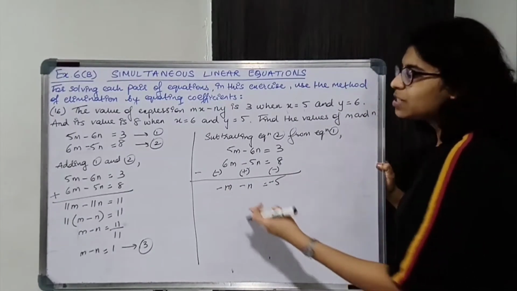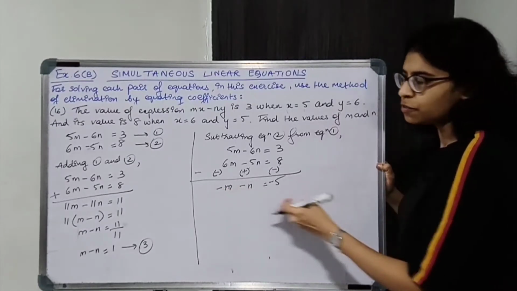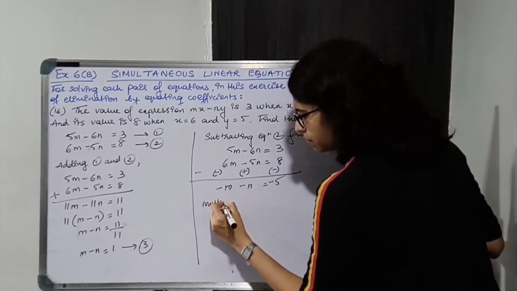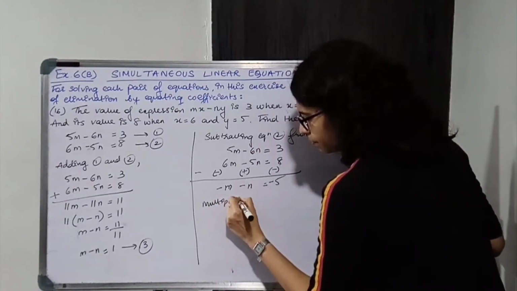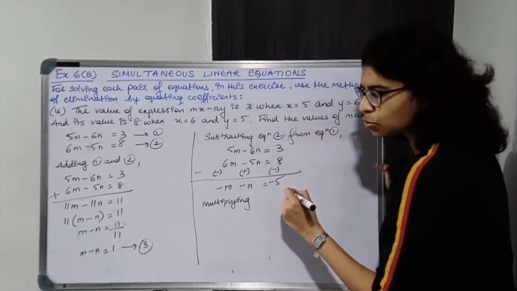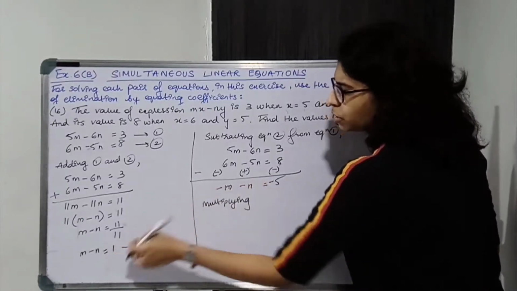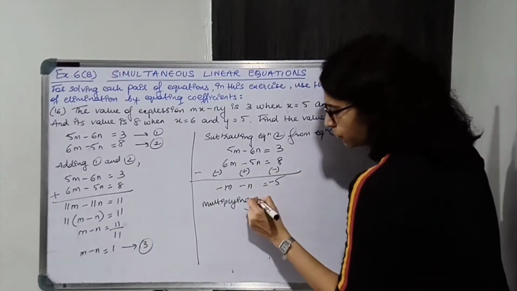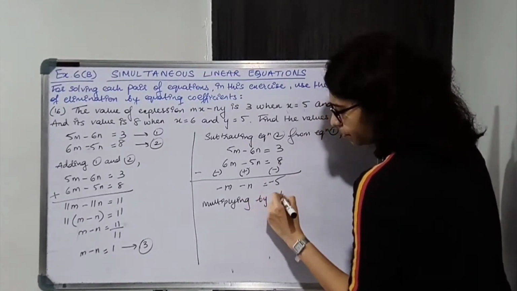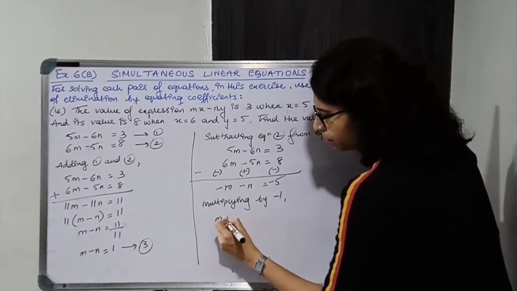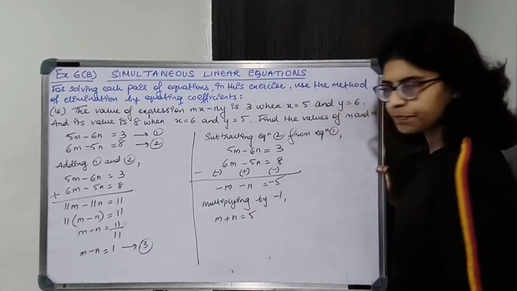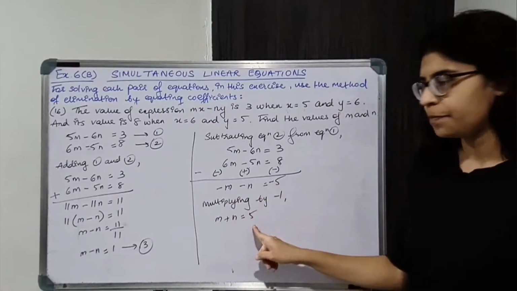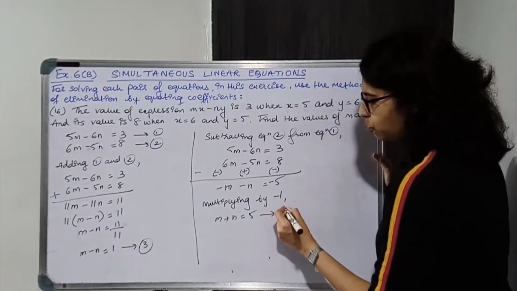What I can do is I can make them positive multiplying by minus 1. Okay. So multiplying by minus 1. You can keep it as it is also. Okay. Then you can just add these two equations. Does not matter. But I'll be multiplying and making it positive. So it will become m plus n is equal to 5. Okay. So signs will change. जो भी negative है सब positive हो गया. Now this is equation 4.